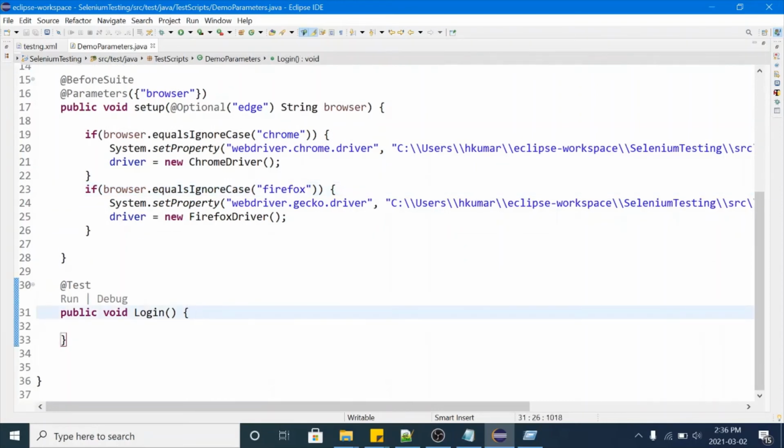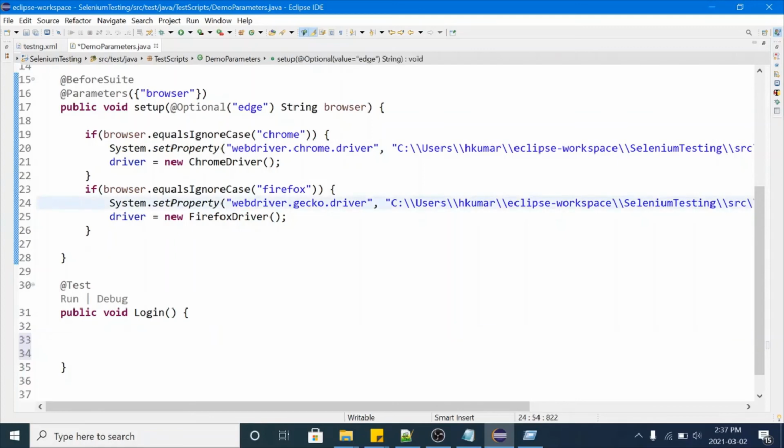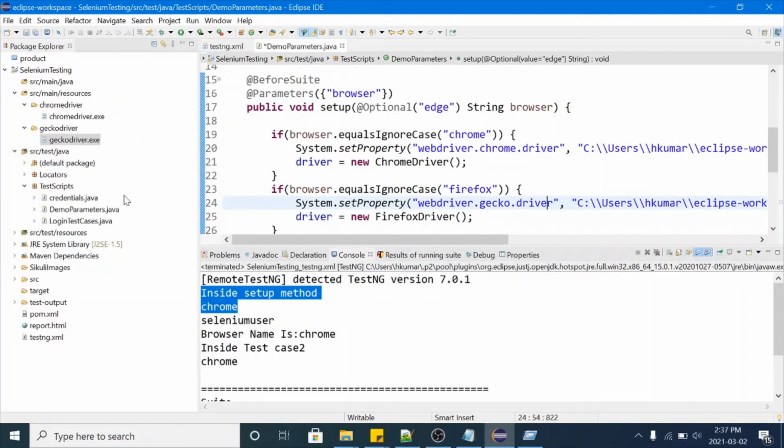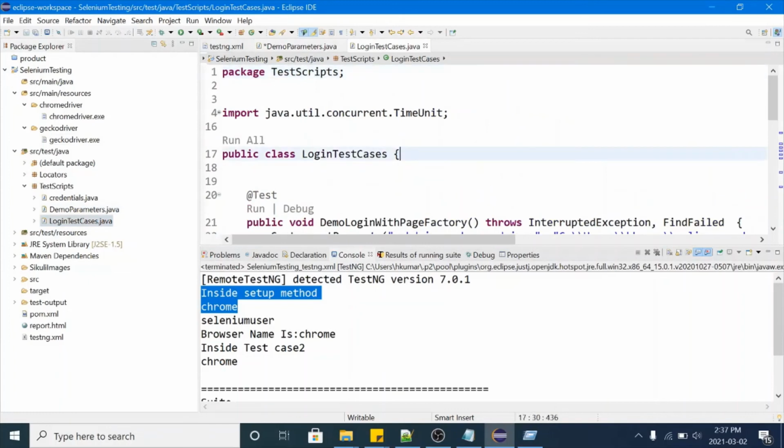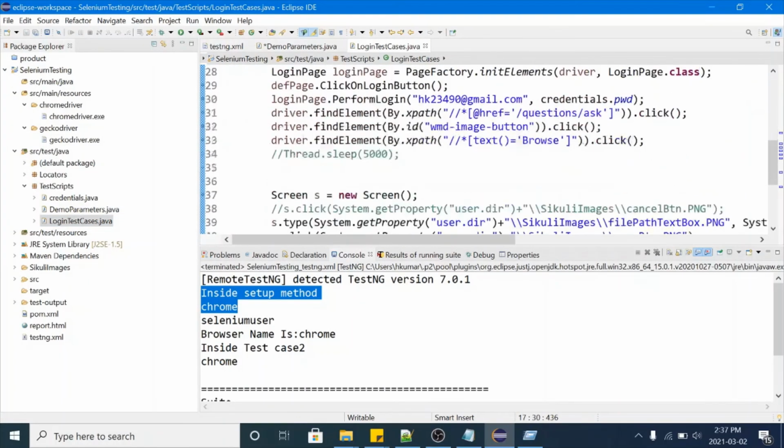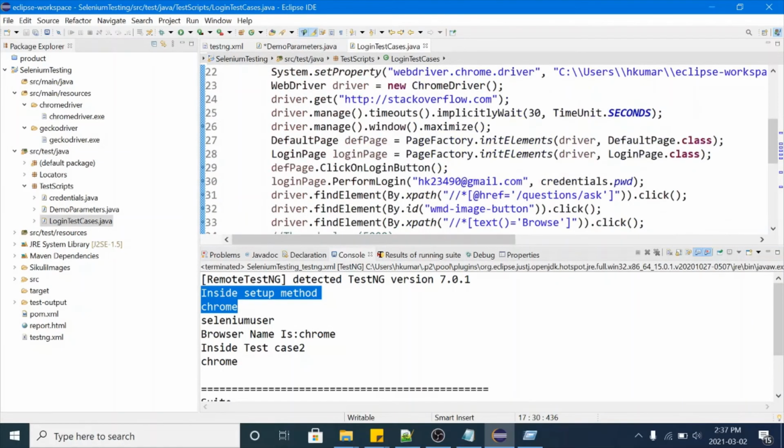Now in our before suite, we are just creating one instance of Selenium WebDriver. Now we have to launch the URL on our browser, and we need to perform login. If you remember, in the last session we created one script in which we perform login into stackoverflow.com.